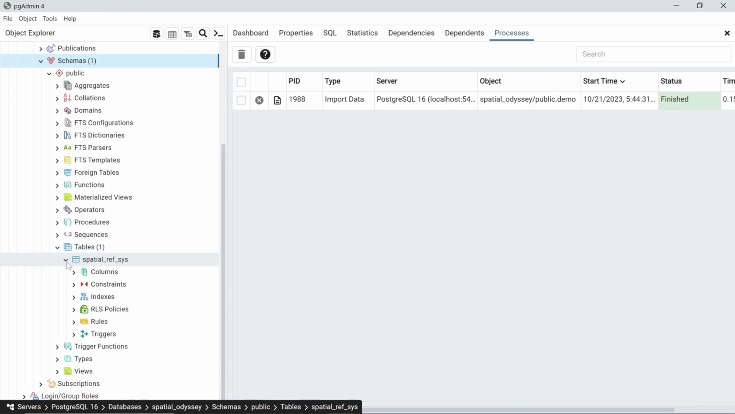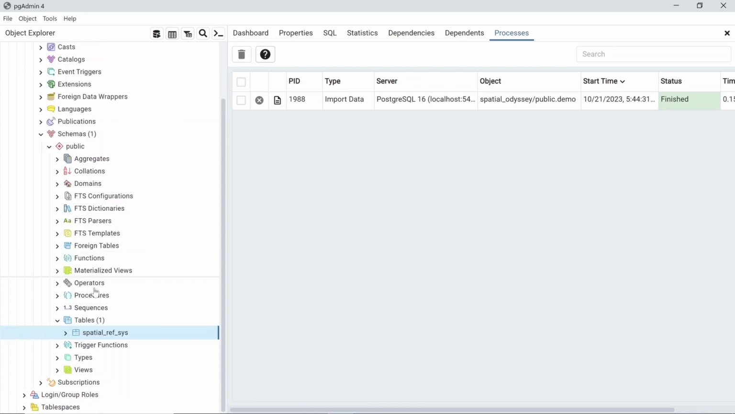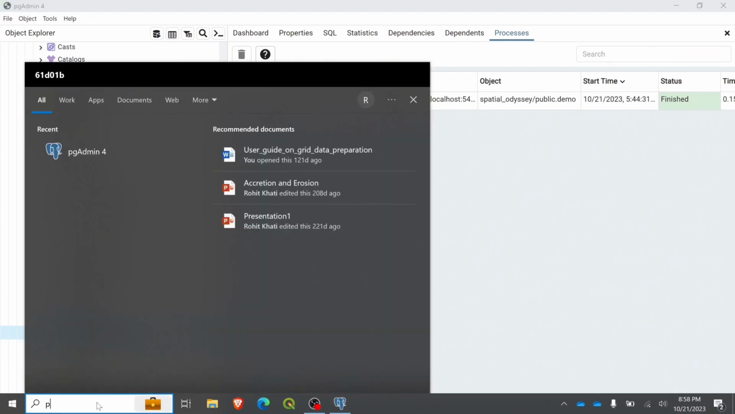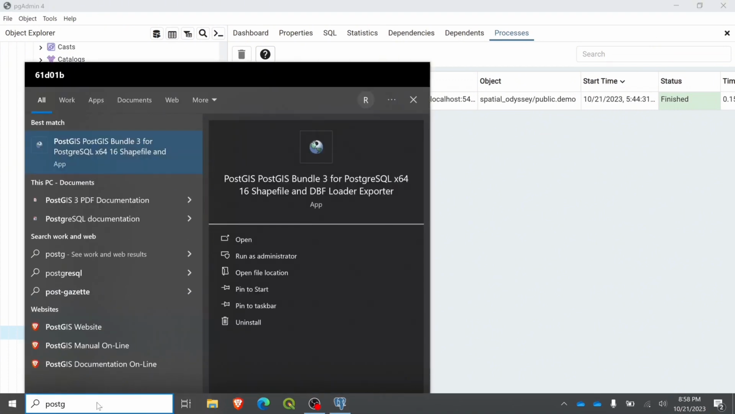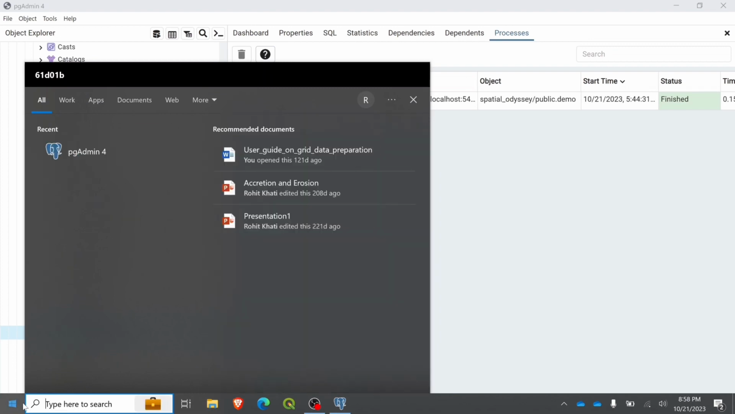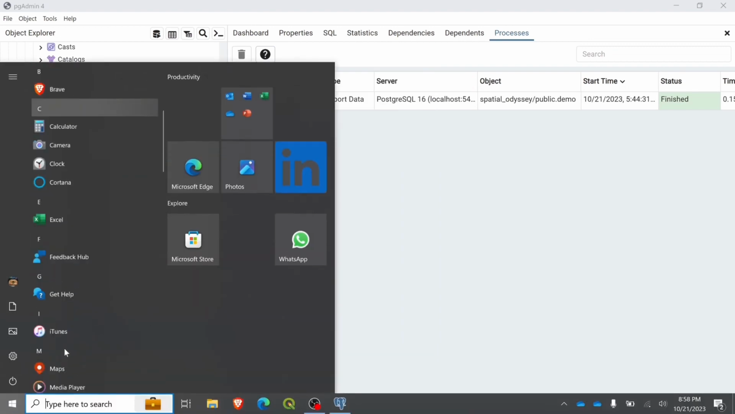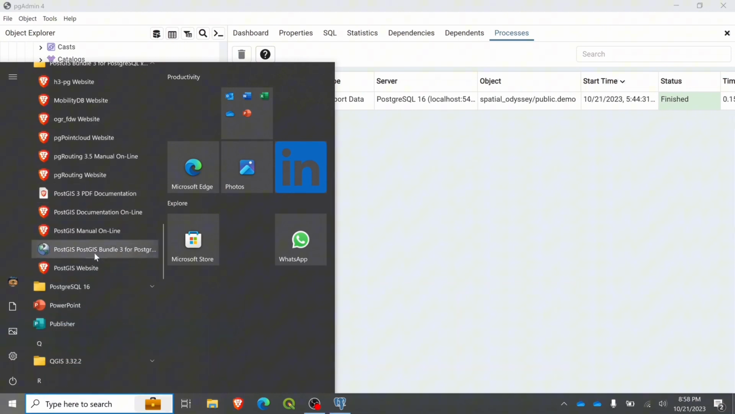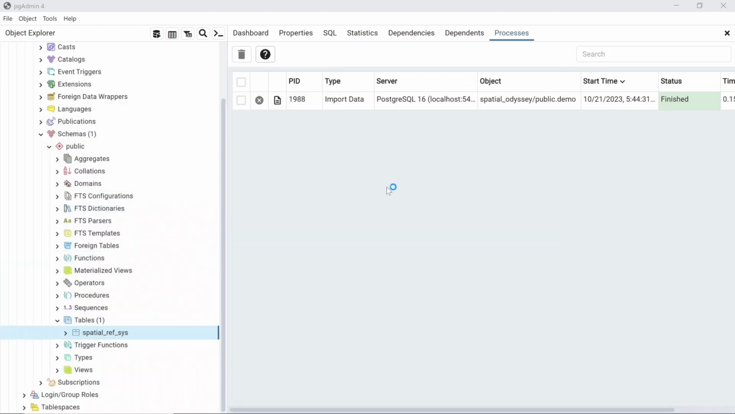So we will be adding the data in our database. To add it, we have two different methods. The first one is using the PostGIS bundle. To load the data, let's go to our start menu and search for PostGIS bundle, and there is this PostGIS bundle 3 for PostgreSQL. If you click on this one,